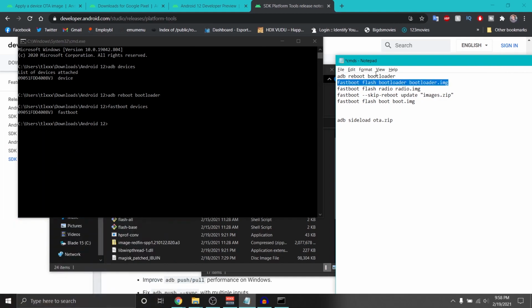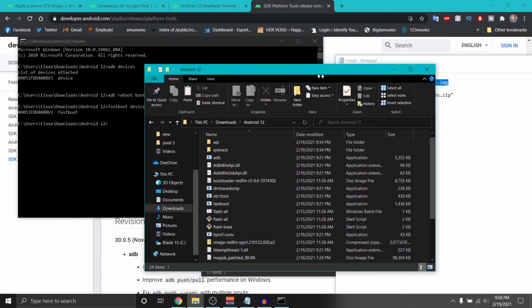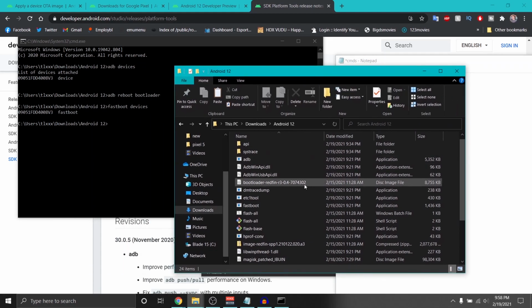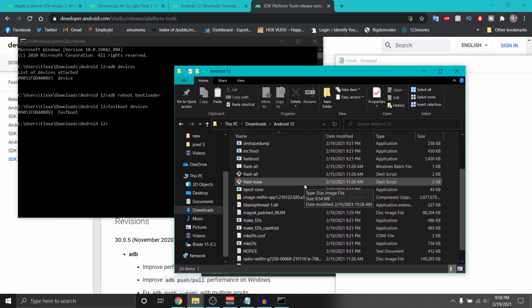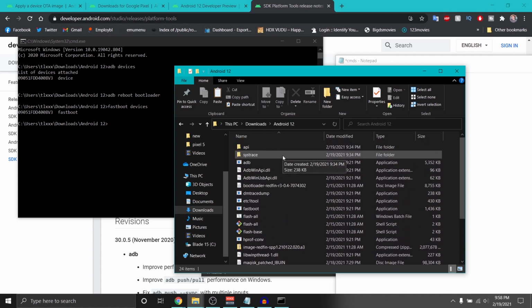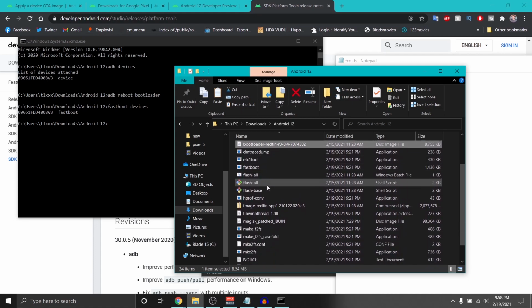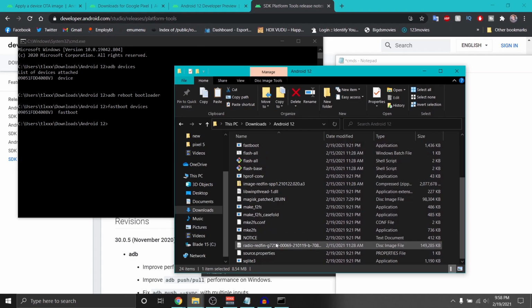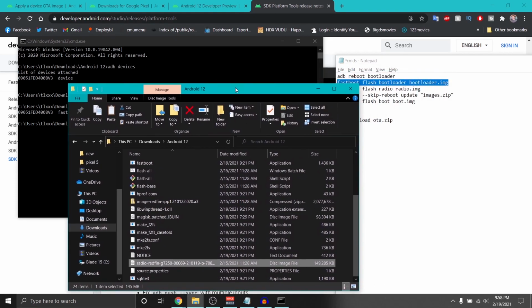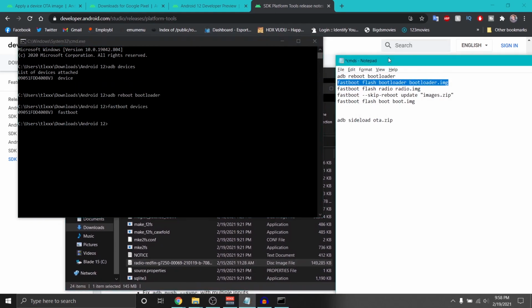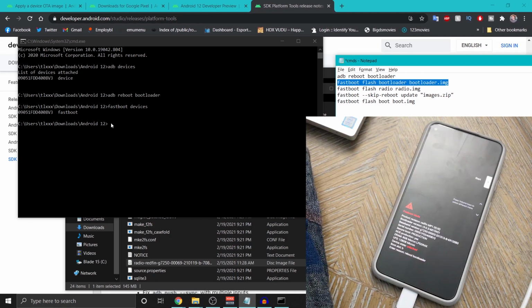Alrighty, so that being said, we need to flash the bootloader image. There are a couple of images here that we are going to need to flash before actually flashing the factory images, one being the bootloader and then also flashing the radio. So these are the commands that you'll be flashing. What you'd want to do is type in